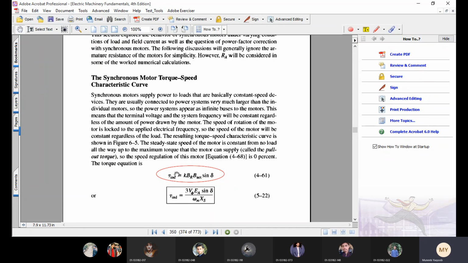और अगर आपने ऑब्जर्व किया हो लैब में, ये एक्सपेरिमेंट आपने मुझे यकीन है परफॉर्म किया है लैब में, तो जब आप लोड इंक्रीज करते हैं ना, हल्की सी मैग्नेटिक हम की आवाज आती है, अब ये जो आवाज आती है इसी आवाज में ये सारे काम हो जाते हैं। लोड बढ़ भी जाता है, लोड के बढ़ने की वजह से रोटर स्लो भी हो जाता है, रोटर के स्लो होने की वजह से डेल्टा एंगल बढ़ जाता है, साइन ऑफ डेल्टा बढ़ जाता है, इस पे इंड्यूस्ड टॉर्क बढ़ जाता है, और जब टॉर्क बढ़ता है मोटर अपनी ओरिजिनल स्पीड पे वापस आ जाती है। तो जो हल्की सी मैग्नेटिक हम की आवाज आती है उसमें ये सारे काम हो जाते हैं। ठीक है जी, तो इंशाल्लाह यहाँ तक ही आज का टारगेट